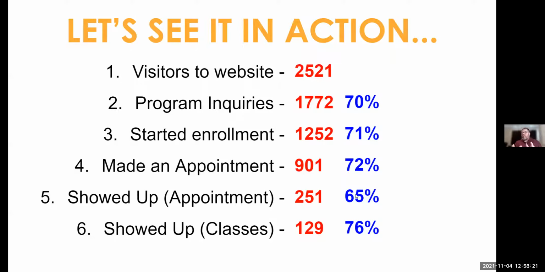In this scenario, that's where the hole in your bucket is. And that's where you would dive in to look at, okay, what could we do to fix that, and so on. And so we can come back and talk about that in a minute. And then of that number, it's not 76%, 129 divided by 251, it's about 51%, or a little over half showing up into classes. I'd say that's low as well. I'd want that to be higher. And those 65 and 76 are wrong. I copied numbers over and then I forgot to change them again.